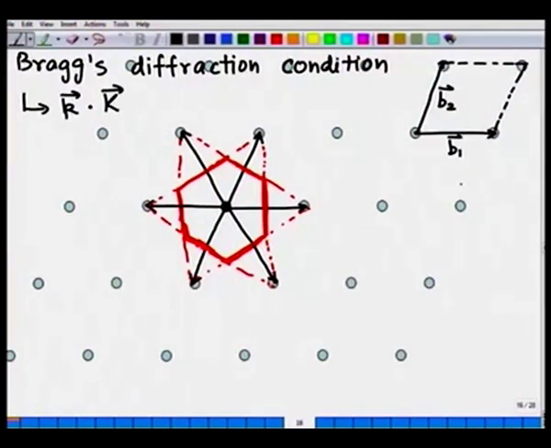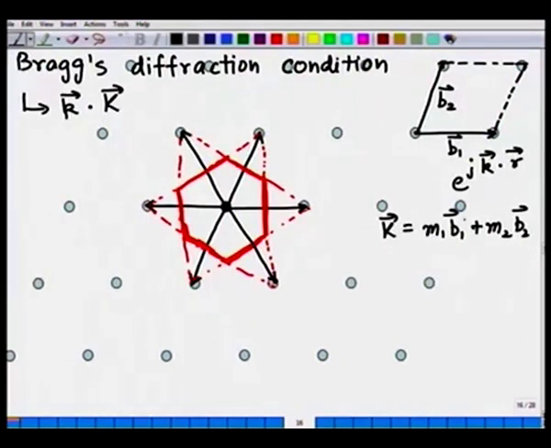small k. What is small k? Remember, small k is the wave vector which appeared in e to the power j, that was the kind of solution we had, right, the plane wave. So, that is the wave vector dot the reciprocal lattice vector. What is the reciprocal lattice vector? Remember, reciprocal K is equal to, in this case, m1 b1 plus m2 b2, where m1 and m2 are integers. So, that means you can generate, by having this b1 b2, with multiples m1 and m2, any lattice point. So, from any origin here,